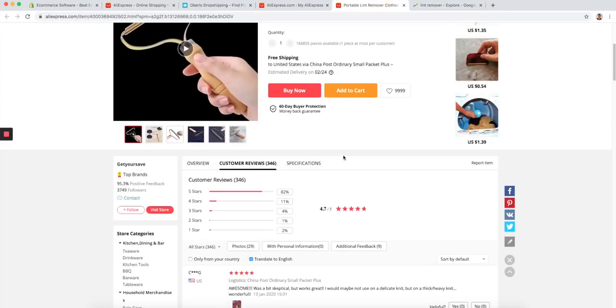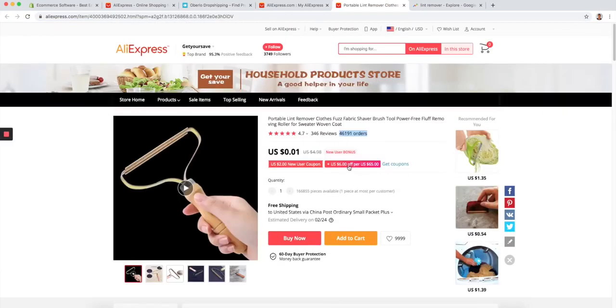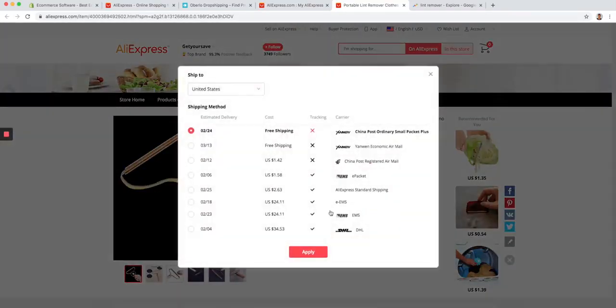So I decided that this is going to be the product for our dropshipping website. So I'll be using this product. As you can see, it's saying it's only a penny, but that is only for new users. So I guess if you're a new user, they'll give you guys like a $2 and whatever discount off your first product. But as you can see, the product price is normally $4.98, and the shipping, we're going to be